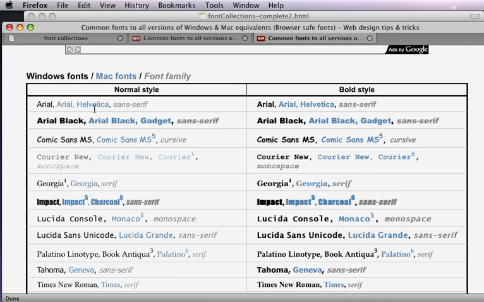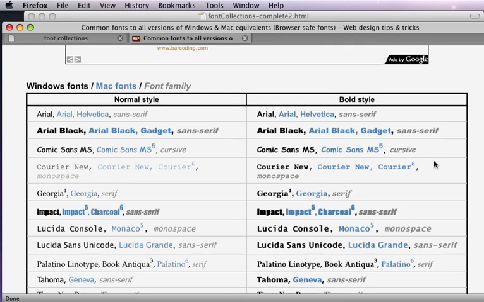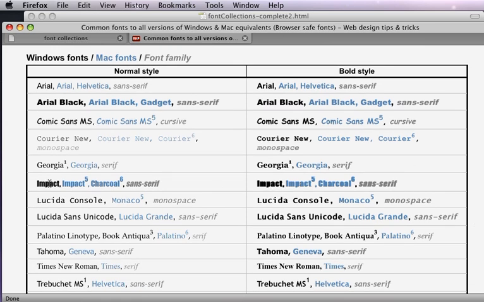Here we have Arial, Helvetica, and sans serif. It shows you an example of how it would look in normal style and how it would look in bold. So these are ones that would definitely be pretty safe. Everyone should have all of these fonts installed because they come pre-installed with your system. So if you wanted to use Impact, it should be a pretty safe choice to use, or Tahoma, or Palatino,